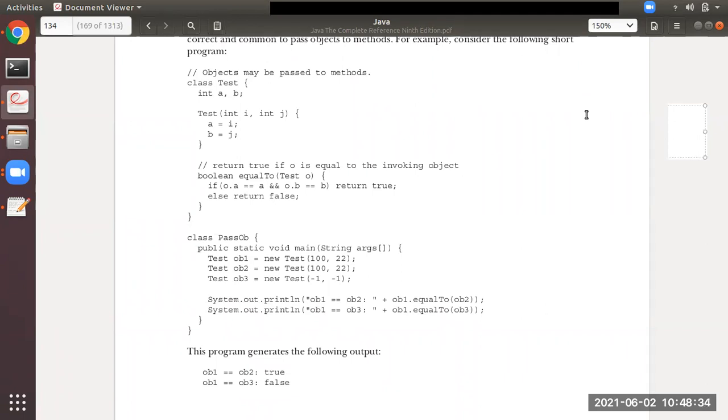Then similarly, you can observe ob2 also. It is also again calling the constructor. You can see the parameters over here, 100, 22, same thing.